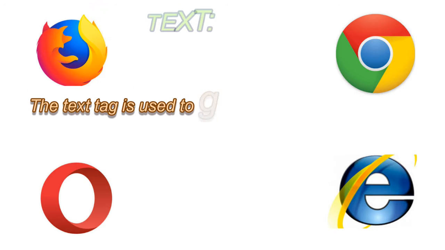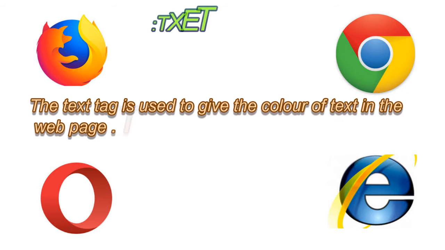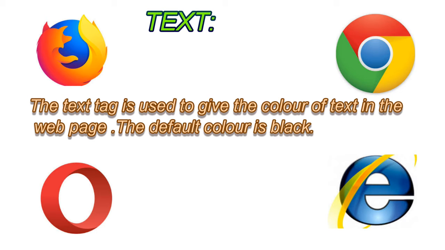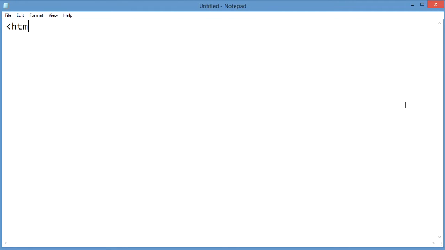The first attribute that we use in a body tag is the text attribute. So basically what is the text attribute? It will change the text according to the value that we have given in the attribute. Let us understand this with the help of an example. Here, as you can see in the notepad, I am writing HTML. Then I have used the body tag in which I have defined text as an attribute, and I have given the text color as red. So whenever I close the tag, it will work in the body by giving the text as red.